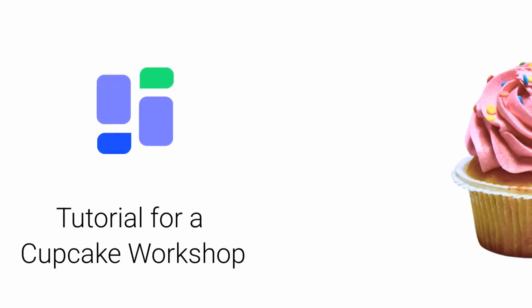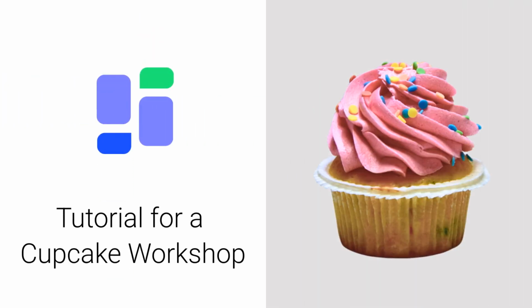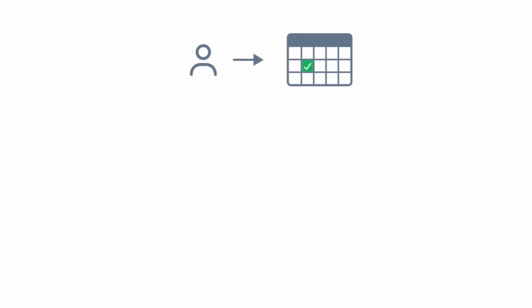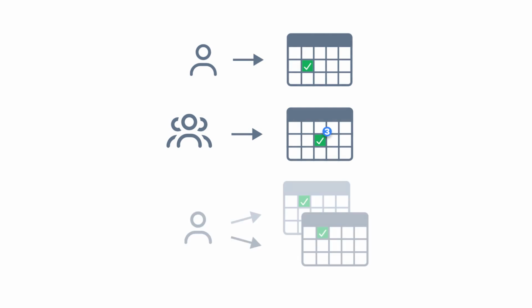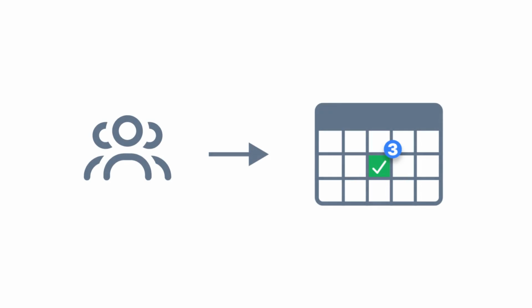In this video, we will show you how to set up a schedule for a one-time event. Super SAS offers 3 different types of schedules: a resource schedule for one-on-one appointments, a capacity schedule for group lessons or events, and a service schedule for services that use multiple resources such as a room and a person. In this example, we will use the capacity schedule.